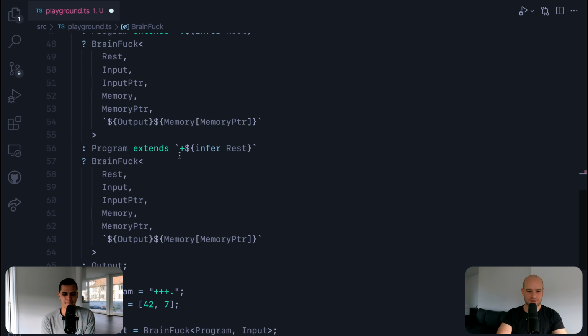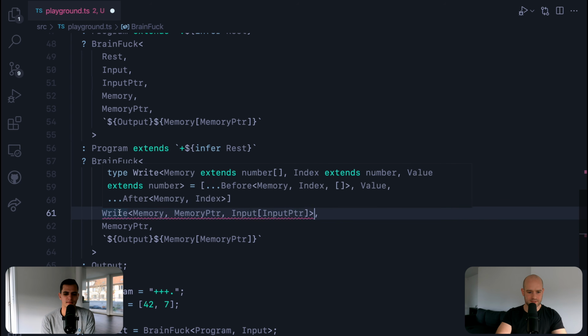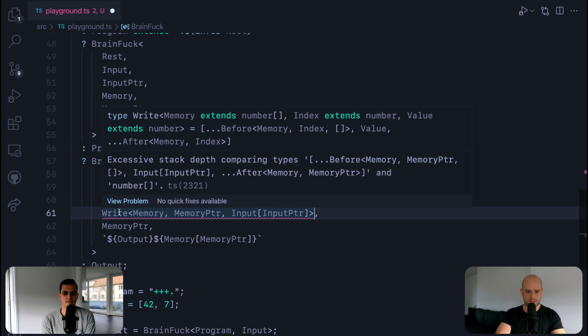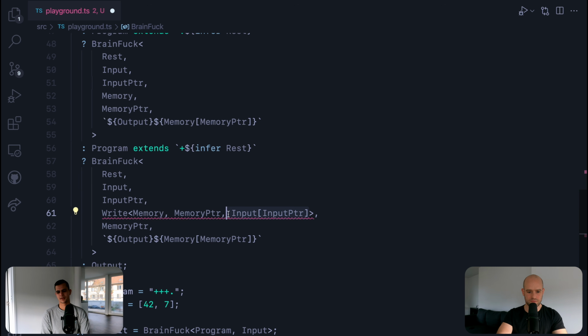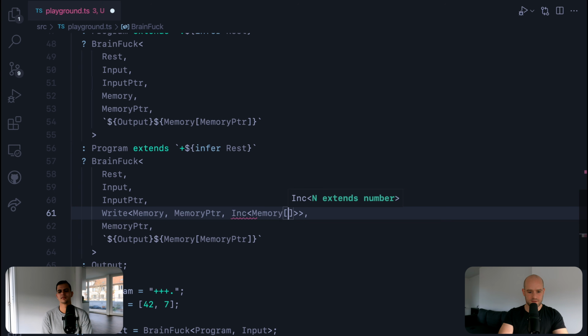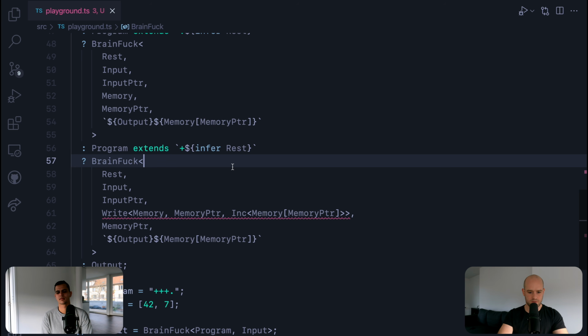So if we have the plus, we write in memory. We increment the value. So wait a second. So in memory at index, we increment the value. So we increment memory at memory pointer.